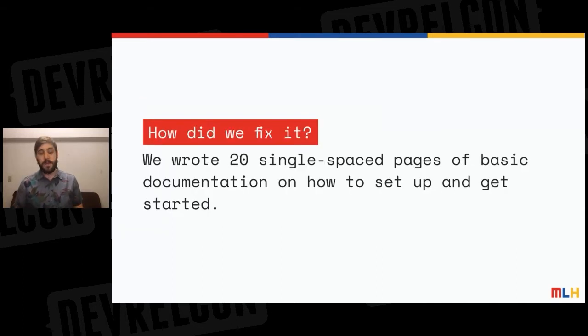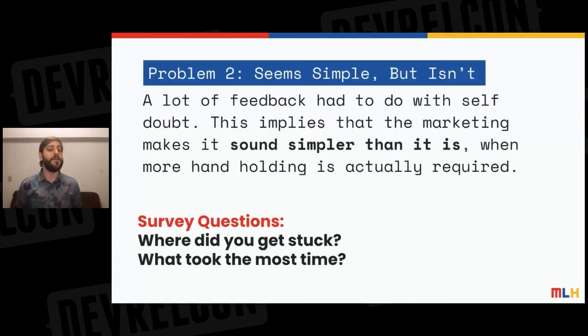And so we realized that we needed to create a lot more documentation here that was a lot more 101 level. Before this, we had generated docs for the entire code base. Engineers had spent hours commenting on their code to make it really obvious how to use it, but no one had written a 101 level tutorial. That made a huge difference. The second problem is that the platform seemed really simple, but it was a lot harder than that.